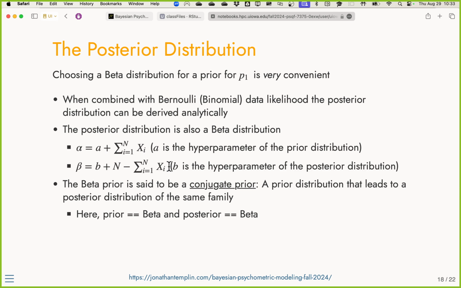Some of the other big families of conjugate priors: if you run a Bayesian linear model, right? Again, a regression or ANOVA model, if you put a normal prior on the coefficients, the posterior distribution is also normal. So it turns out you can use an easy, quick Bayesian update to get that. Same thing with the variance. Blanking on it. I think it's inverse gamma, which provides an inverse gamma distribution for the variance in that case as well. But that being said, the conjugate prior no longer is as important.